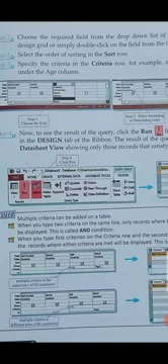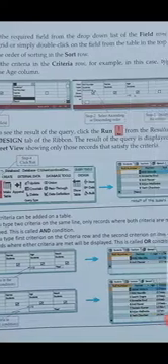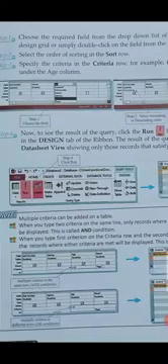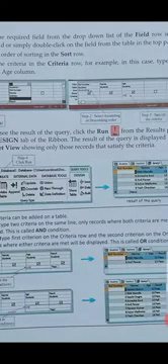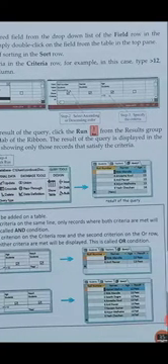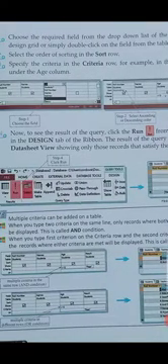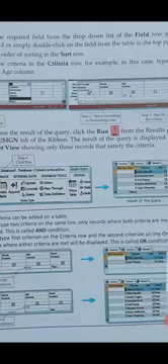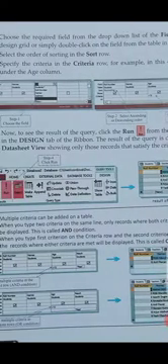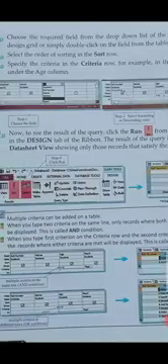Third, specify the criteria in the Criteria row. For example, in this case, type age more than 12 under the Age column. After that, to see the result of the query, click Run from the Results group in the Design tab of the ribbon. The result of the query is displayed in the datasheet view, showing only those records that satisfy the criteria.